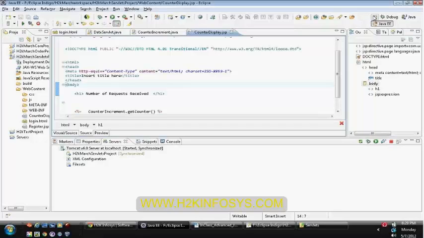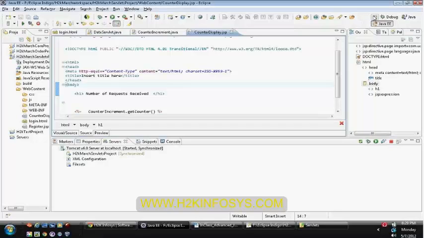The filter name within your filter and filter mapping are supposed to match, and you need to specify the URL pattern. Currently you have specified for your servlet that you want to map for DateServlet, so I'm specifying the same for DateServlet. Whenever the URL pattern consists of DateServlet, it should invoke my filter first, and only then traverse to the DateServlet.